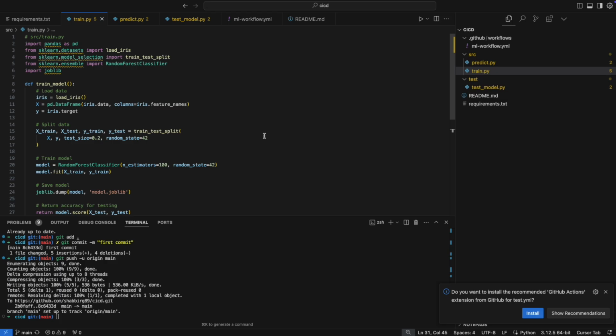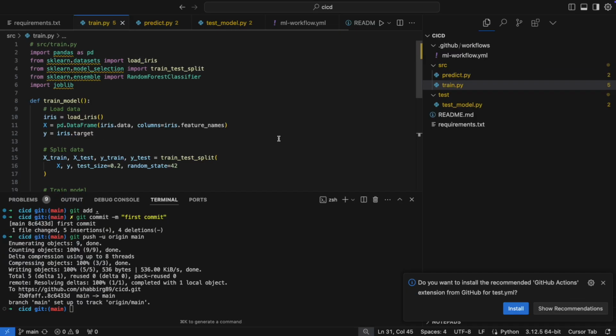So in this video, I am going to teach you a very simple way to do continuous integration and continuous development in your ML projects with the help of GitHub Actions. If you don't know about continuous integration and continuous deployment, it's just a way, whenever you are integrating new code to your workflow, to make sure your code runs in production. You should not face errors when you are pushing the code or pulling the code from production. And therefore, GitHub has provided a very excellent way to do this with the help of GitHub Actions. I will show you with the help of a very simple example how you can do that.